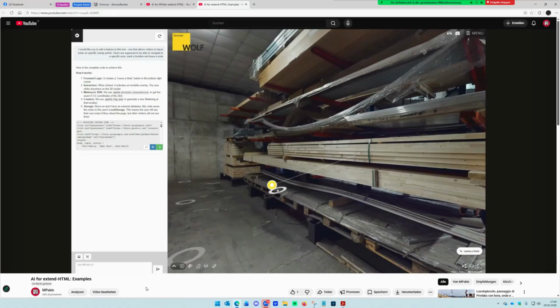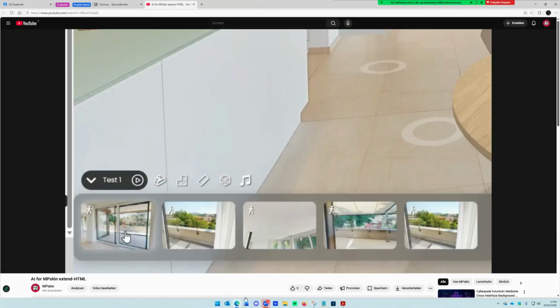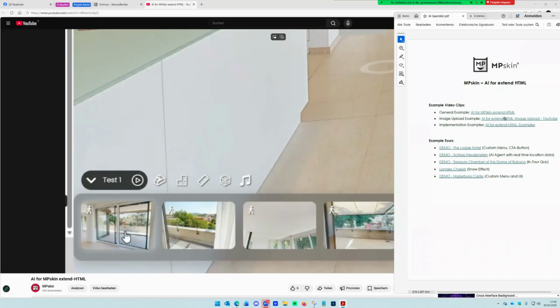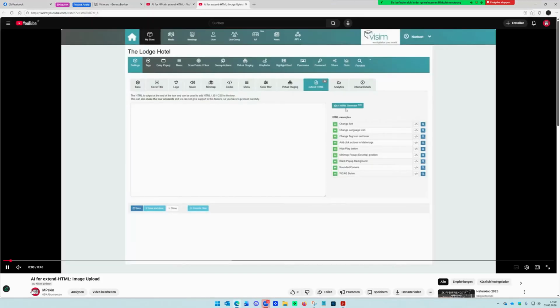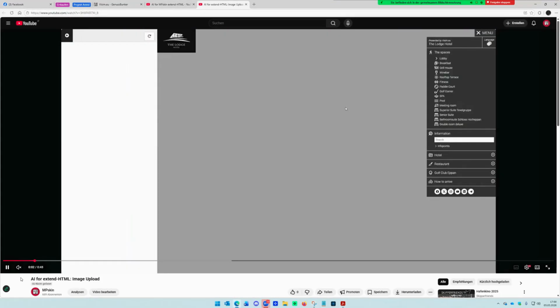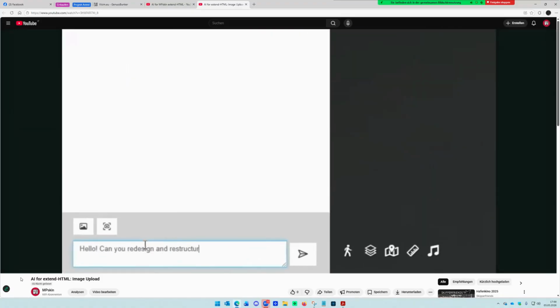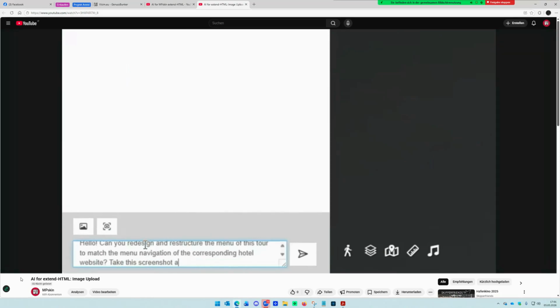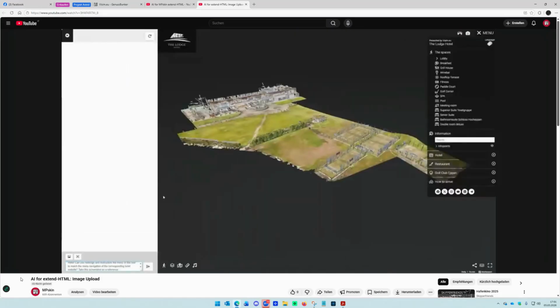So this is going more into deeper technical implementations. I've got one last one of the image upload. Once again, that's a great benefit in order to really work on fine-tuning changes that you might have already done to the tour and it's not quite what you're wanting it to be. Just take a screenshot, upload it, tell the AI what to change, and it will do its best to provide